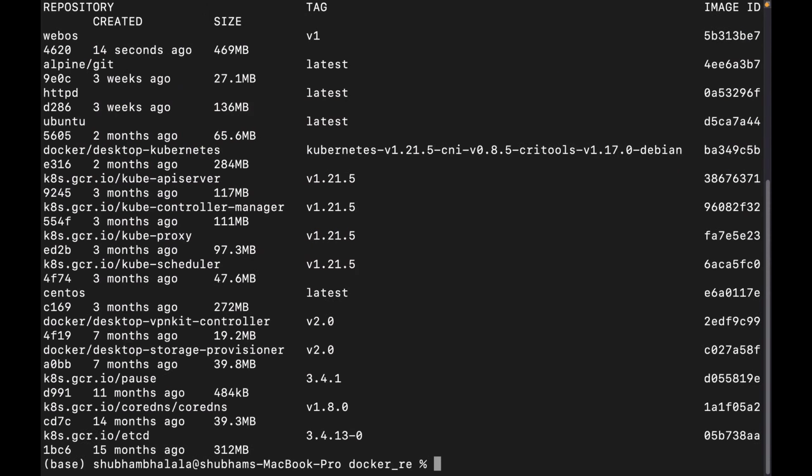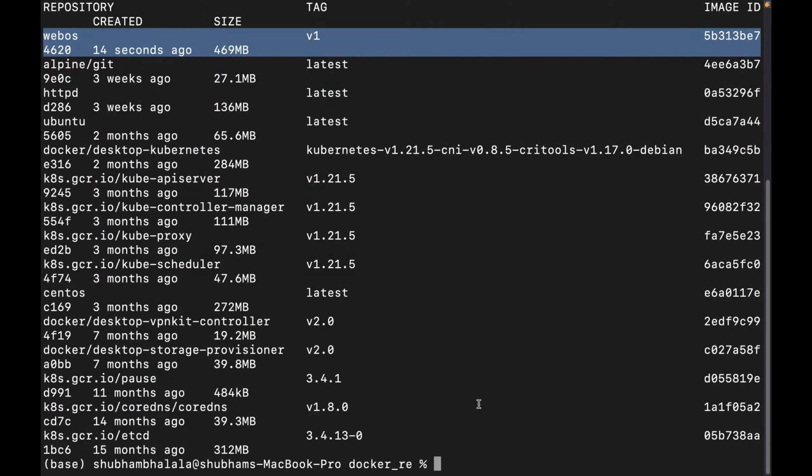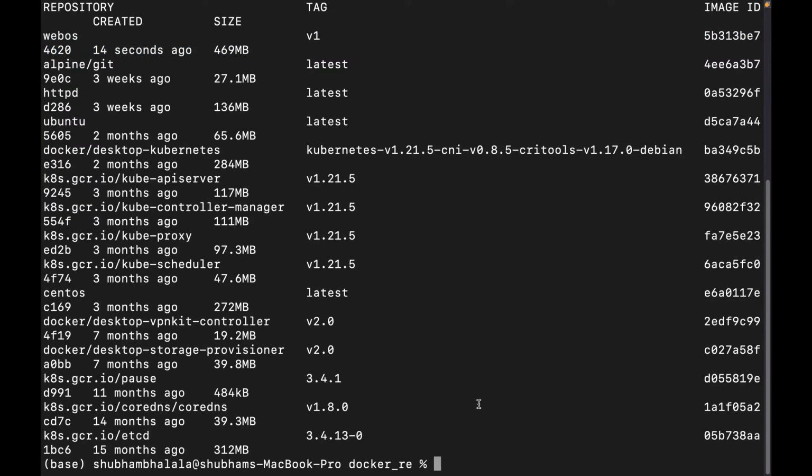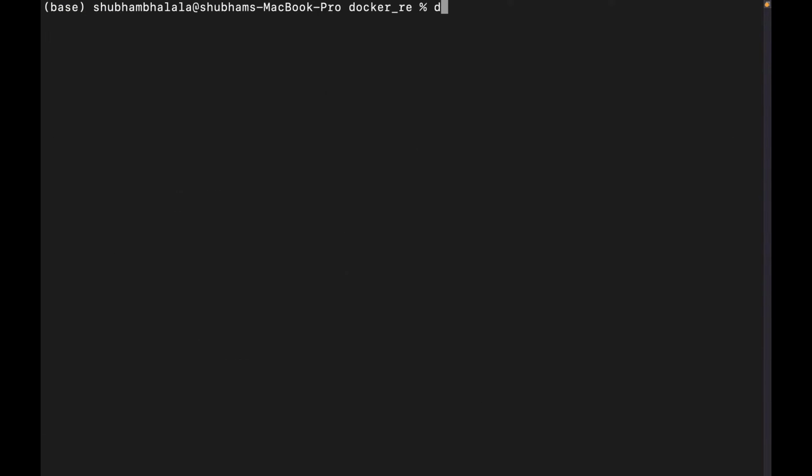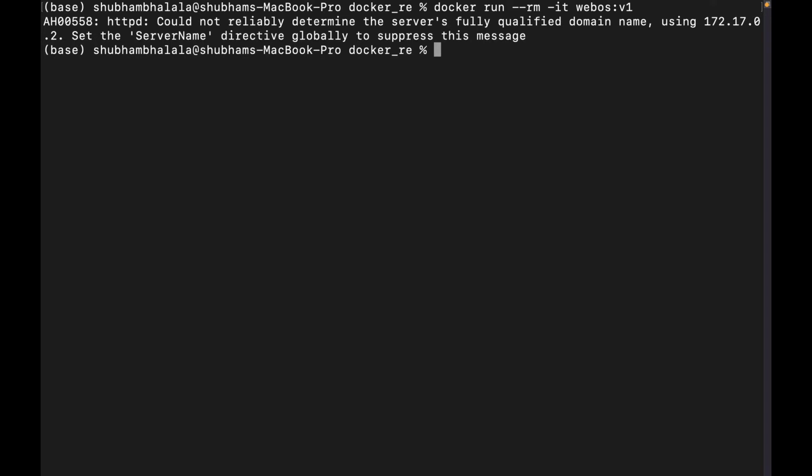Let me check docker images. Yes, webos is here with the version 1 tag. And let's create the container. So docker run webos:v1. If you hit enter,